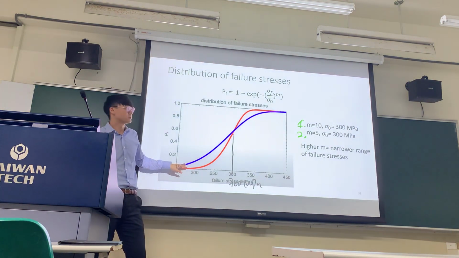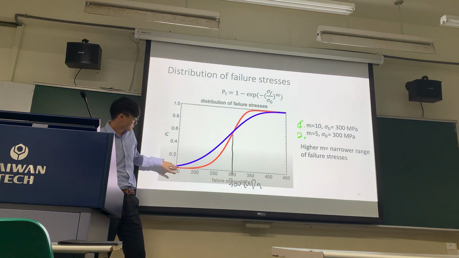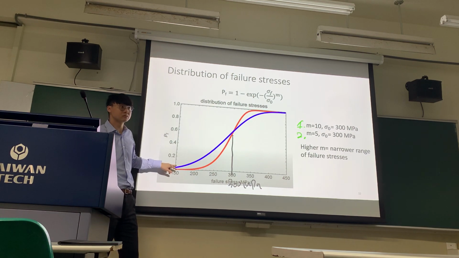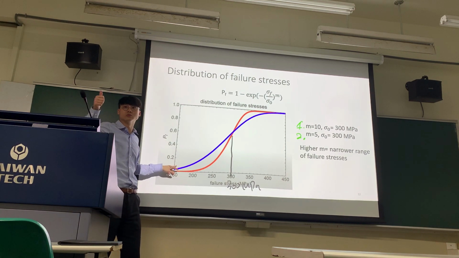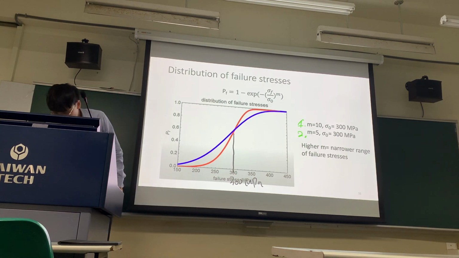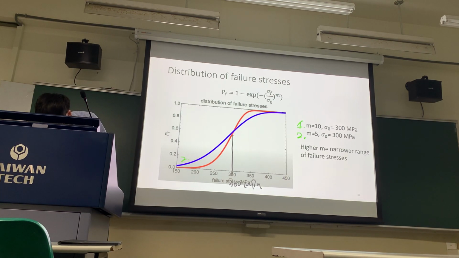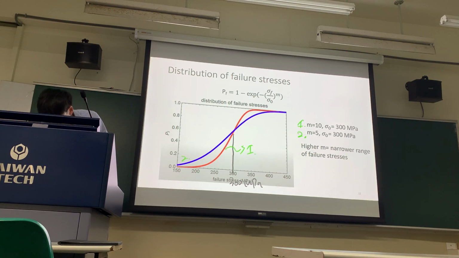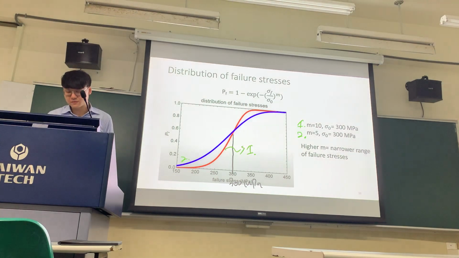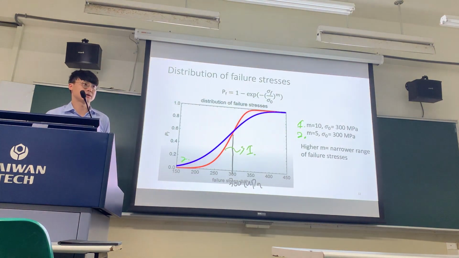This is the blue line. Is it 2? Everybody agree? Maybe 2. Okay, yeah, so that's 2. So this one is 2, and this one is 1. Okay. So again, what the n shows you is that if the Weibull modulus, that number you see, is higher,